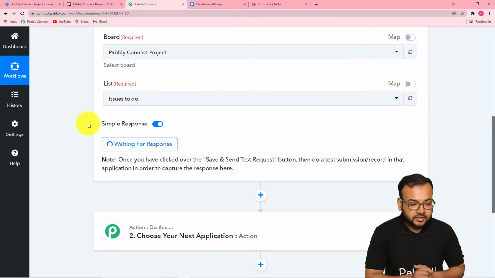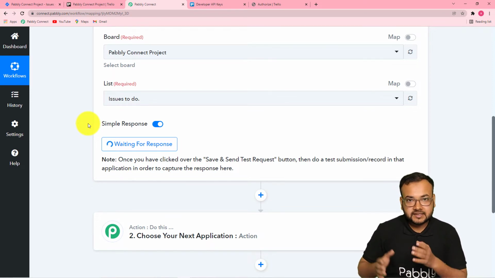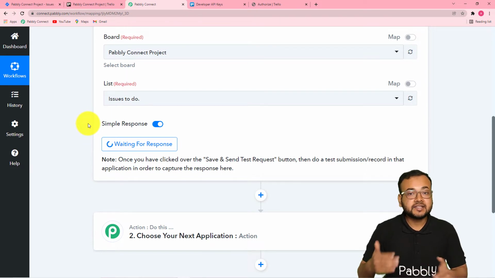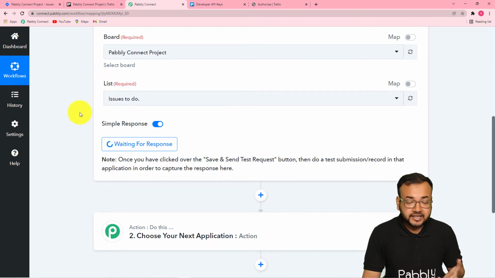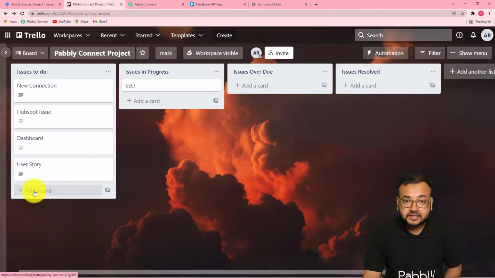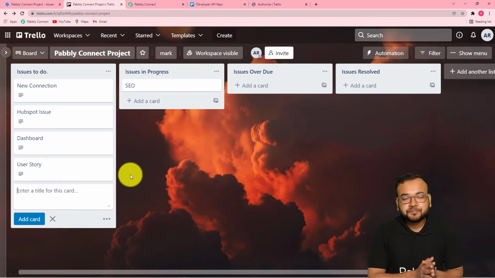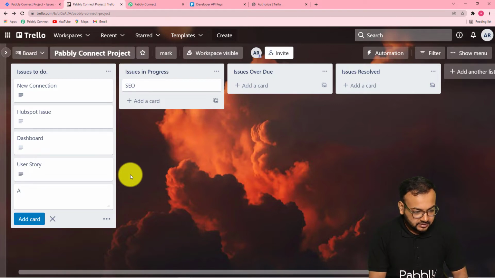Okay, and you can see when you click on save and send test request, it started showing waiting for the response. This means you have to do a test submission, or you have to create a test card in Trello's list, so that it can capture the details of that card here. Okay, so let's create a new test card in Trello, in this list that we have selected. So I'm adding a card here, and let's give it any name. So I'm giving it the name